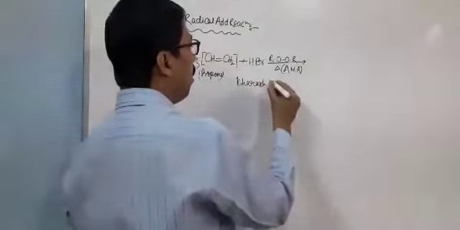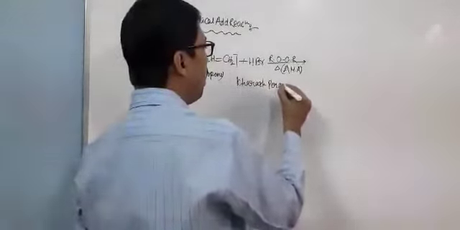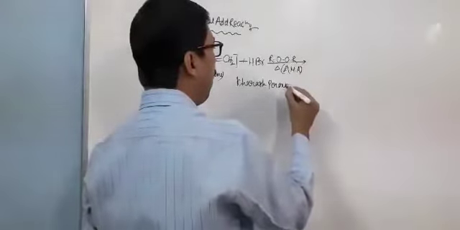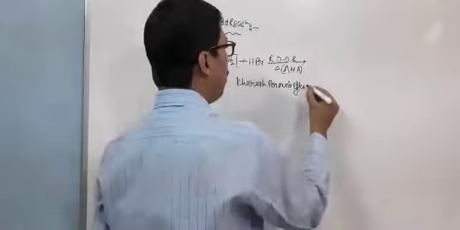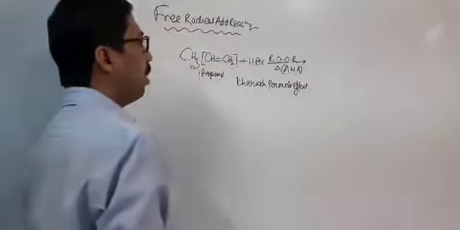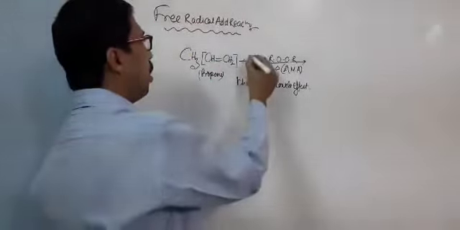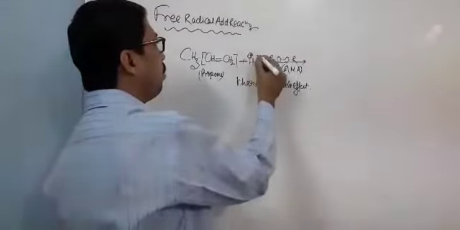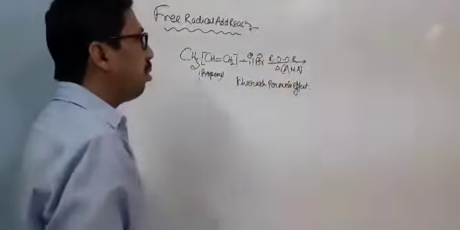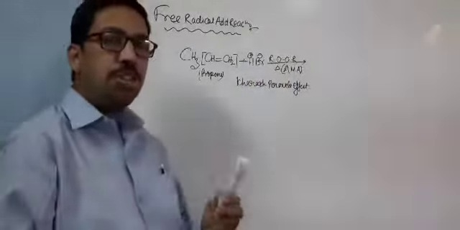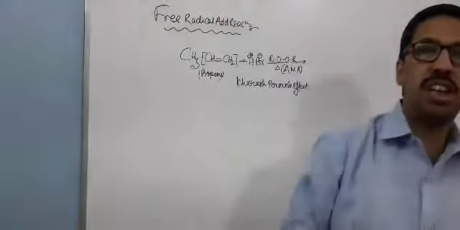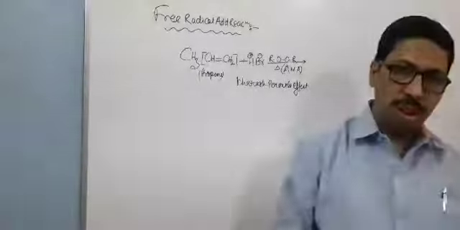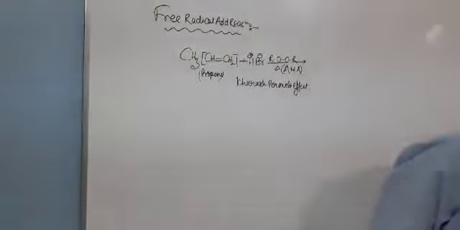Kharasch peroxide effect. And according to this rule, it has been stated that whenever an unsymmetrical alkene interacts with an unsymmetrical reagent,